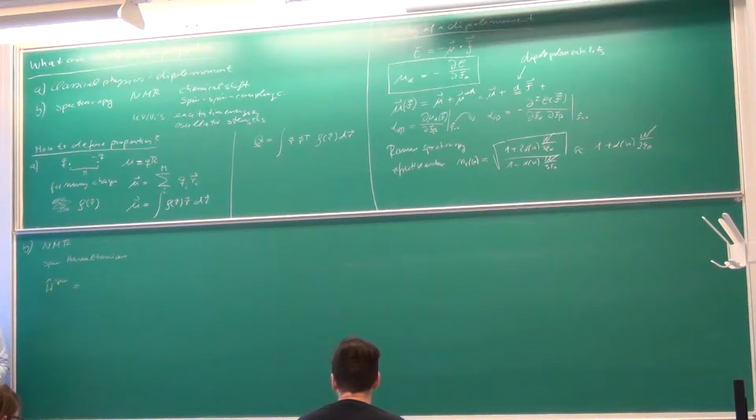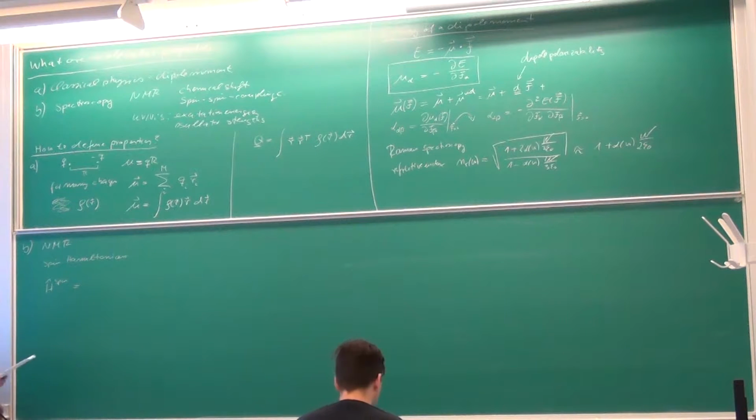But that's a spin Hamiltonian for a particular molecule, say the proton NMR spectrum of ethanol. Of course, you still have all the electrons with their spin, with their position coordinates. You have the position coordinates of the nuclei, but they are all hidden away when you use an effective Hamiltonian,